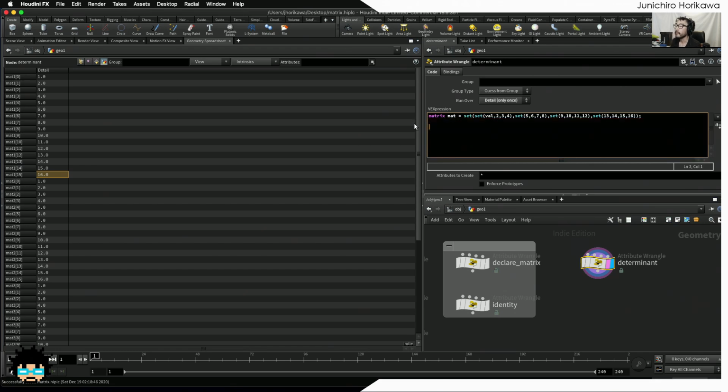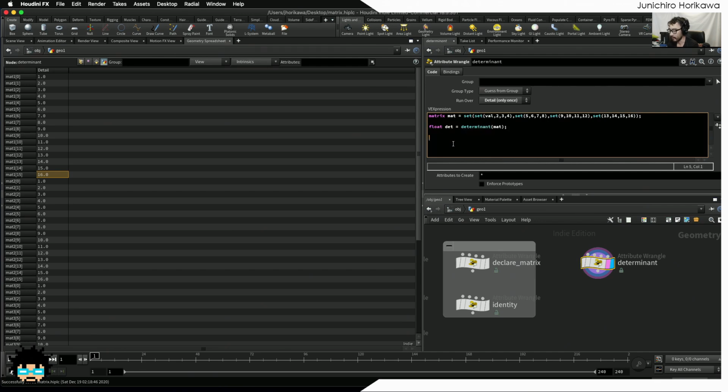Okay, now this is a 4x4 matrix, and in order to calculate the determinant for this 4x4 matrix, first of all, let's create a variable named det and use the function called determinant. And inside the parameter, you type one of the square matrix types, matrix2, matrix3, or matrix, which is 4x4 matrix. In this case, I have a 4x4 matrix here, so let's enter this one. And as a result, you will get a float